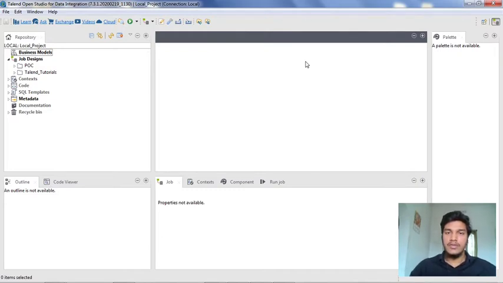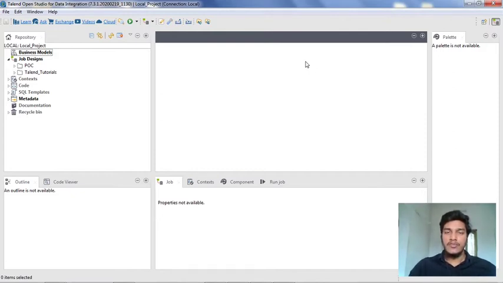Till now, we have previously seen how to load a single file, either a delimited, XML or JSON file, into Talend Studio, and we have seen how to print it in our console as well as how to load it into another file. But in this video, I am going to explain how to load multiple delimited files or multiple XML files or multiple JSON files present in a single folder into a single file.